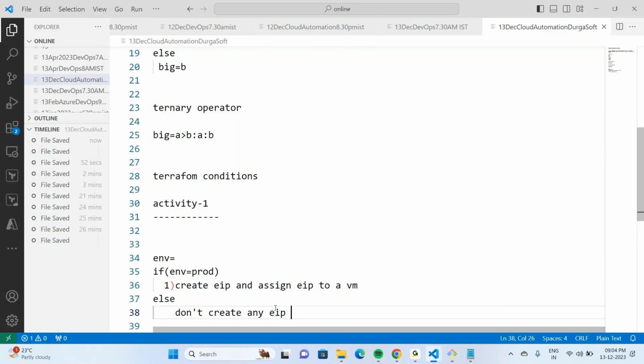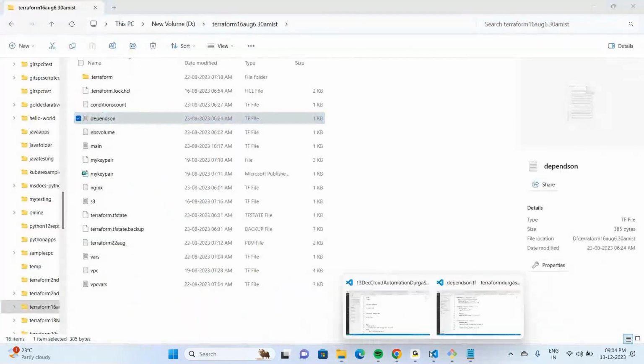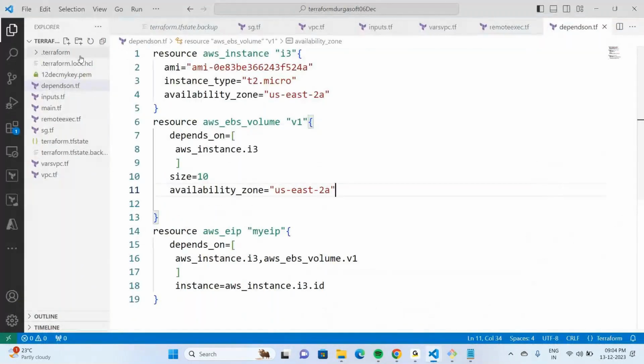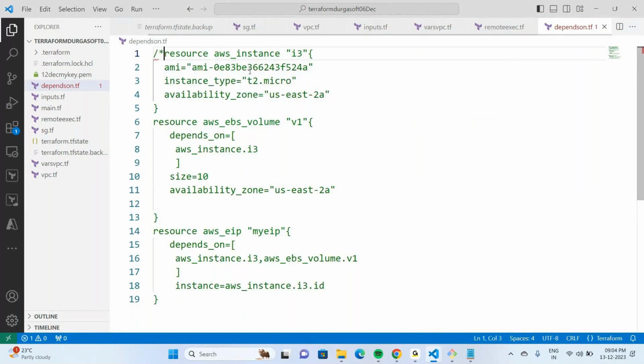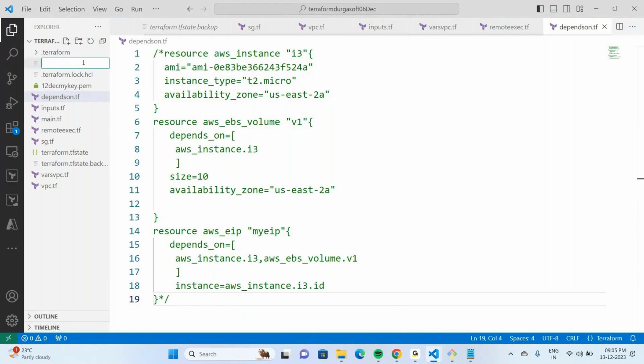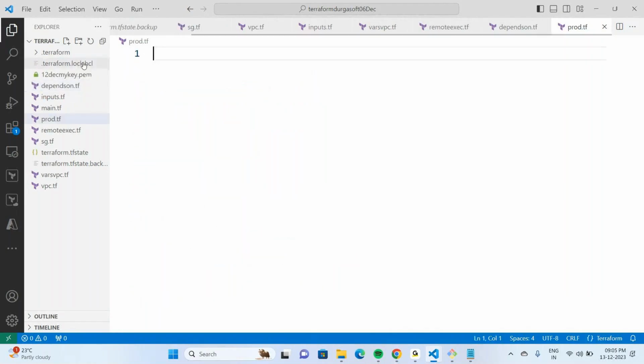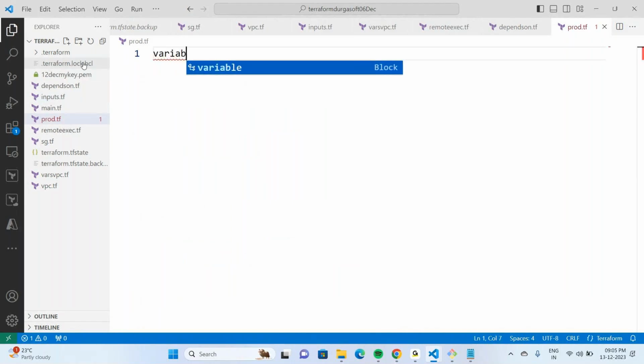Okay. Now let us define one file. This is condition, or you can write prod.tf. Okay, here I am going to take a variable name equal to environment,